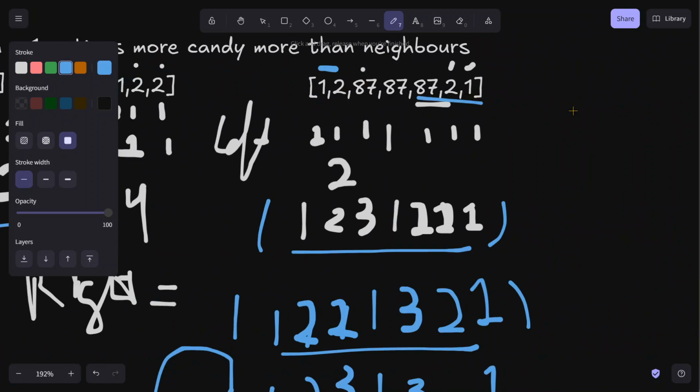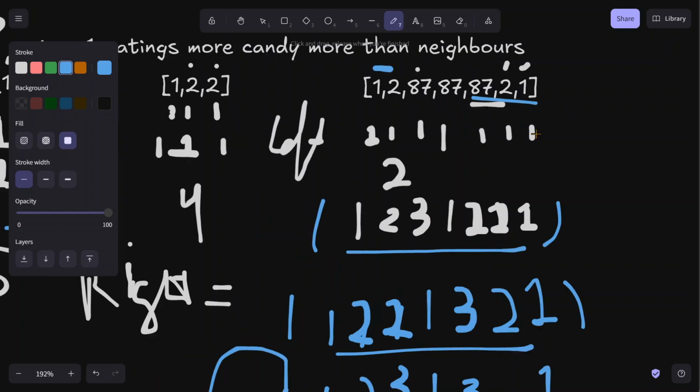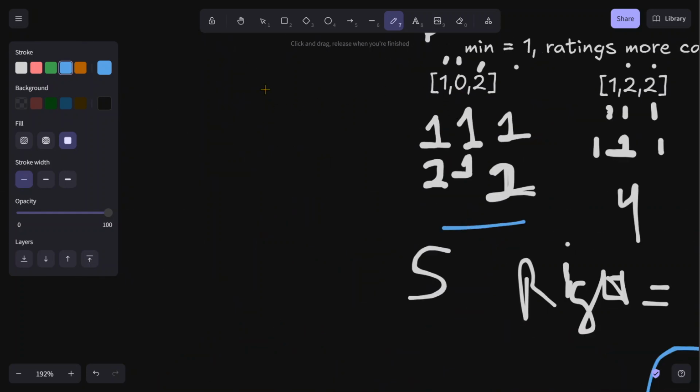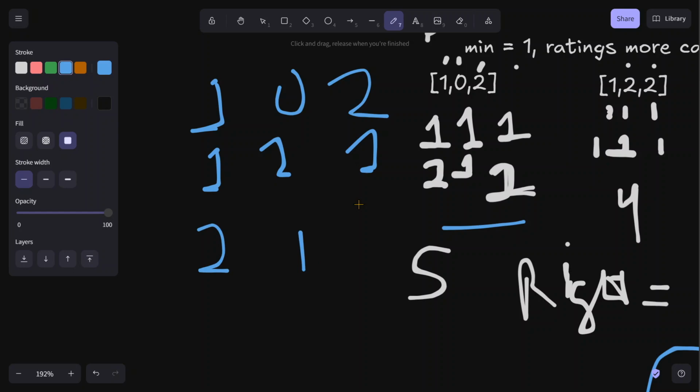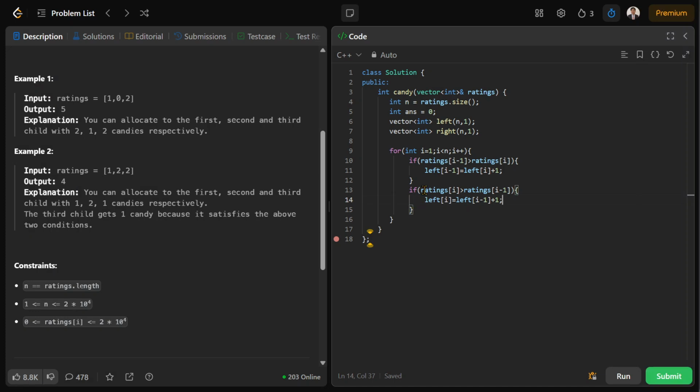So there is also one condition, right? Let's say here in this condition, it is 1, it is 0 rating, it is 2 rating. We have already given everyone 1, 1 and 1. Now it is having more candy, that's why we have given 2, and this is having 1 candy, right? And this is having more candy, that's why we have given it 2 candy, right? So the condition what we have to do is, we have to check if